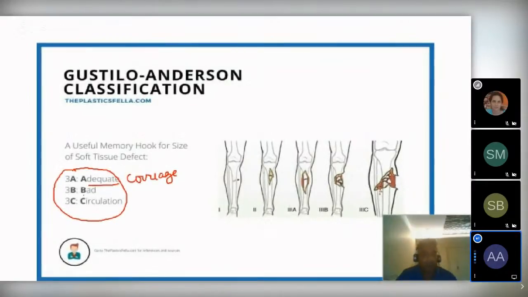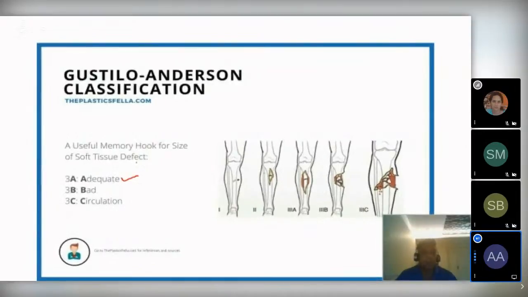B, soft tissue is very bad. You need additional coverage in the form of flap, skin grafting or other things. C means circulation is impaired. Very, very interesting slide I could find. So for type 3 A, B, C, how do you identify? Don't go by the size of the wound. Soft tissue,